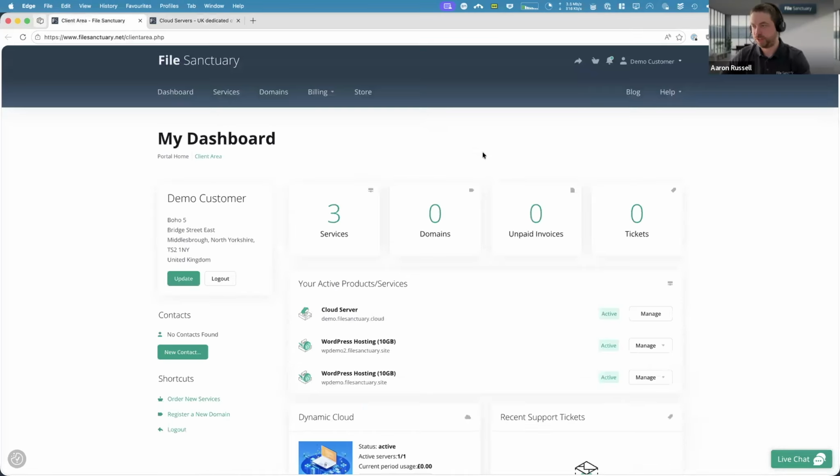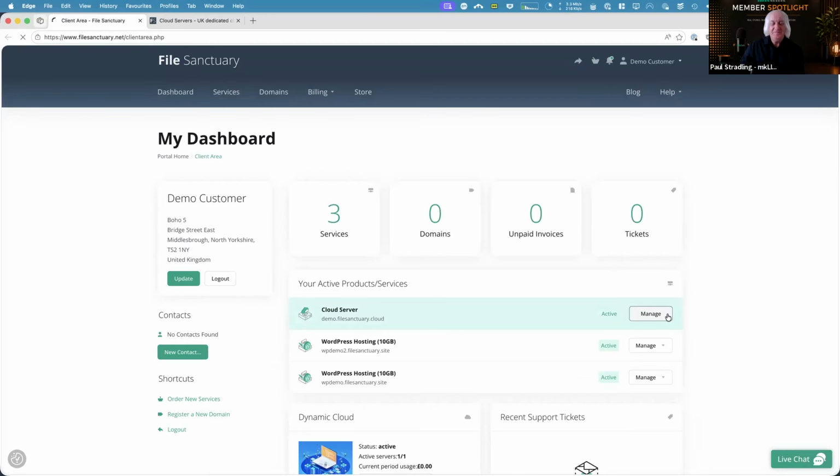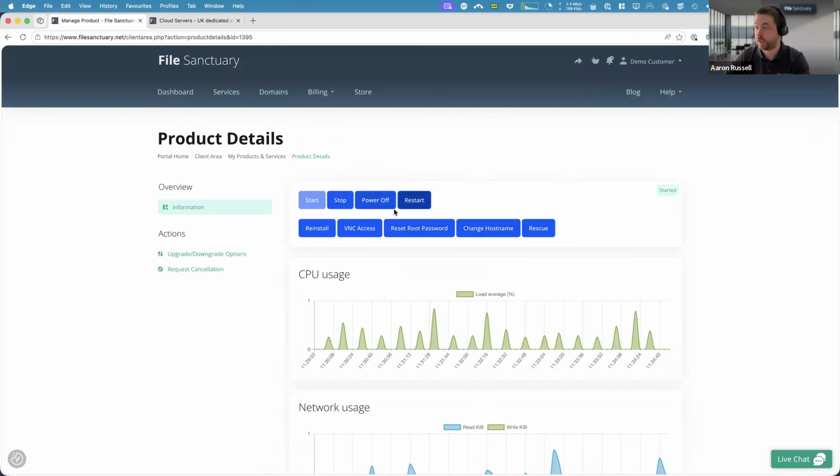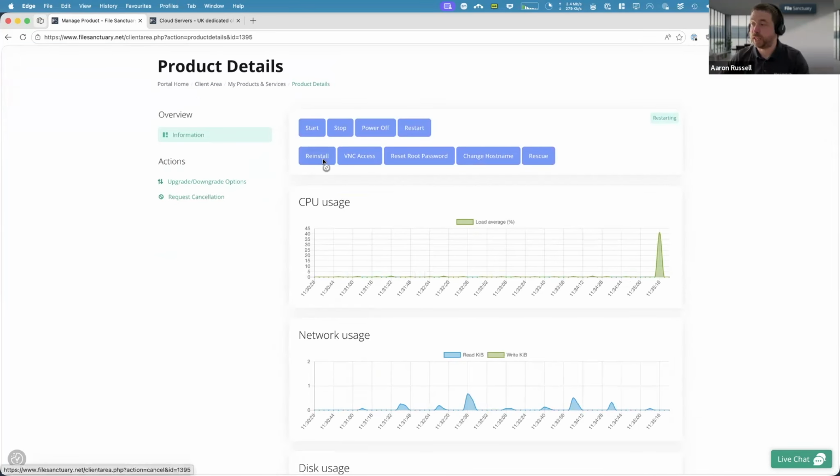So let me show you an existing cloud server. Again, Blue Peter fashion, I've got one here that I made earlier. So we'll just go to the Manager panel for that. From here, I can reboot the server. I can just press restart. Other things we can do from here is we can reinstall it, choose a different operating system. We can get access to the VNC console if we want to see what's on the screen of that server right now, which I will do as soon as it comes back from the restart. Probably shouldn't have done that restart first.